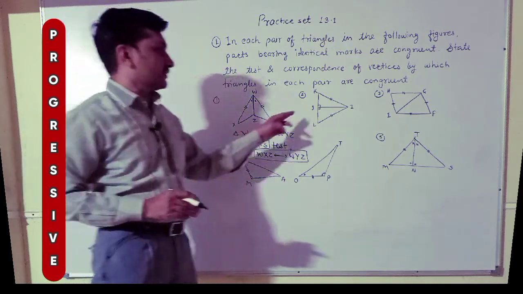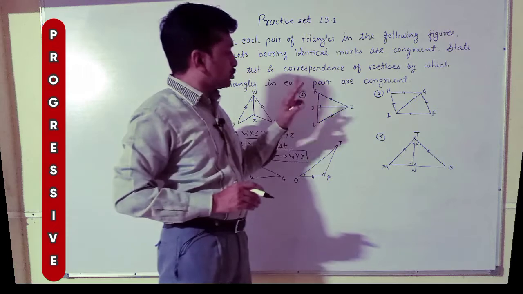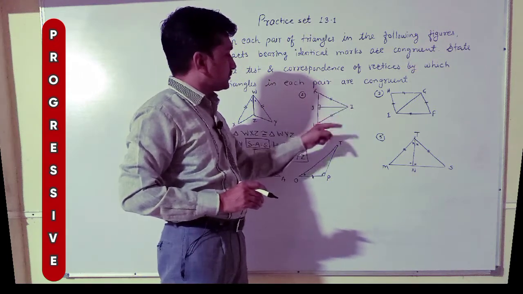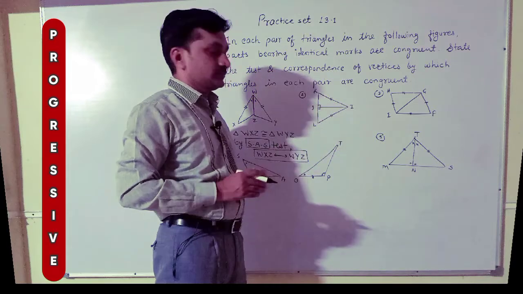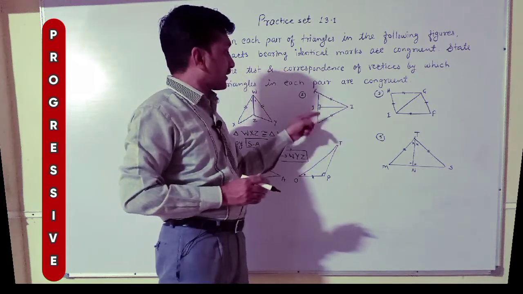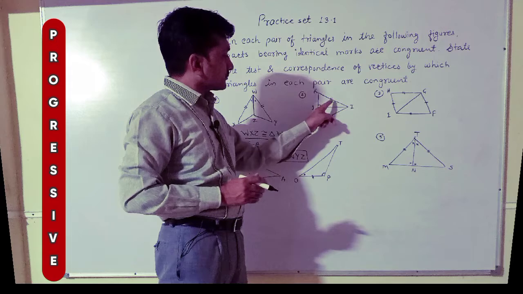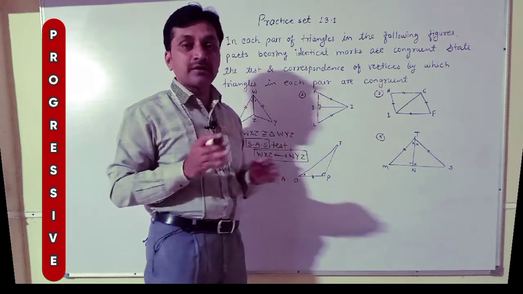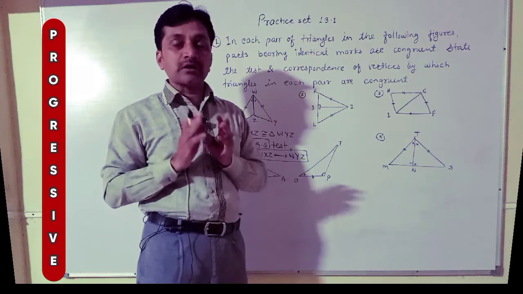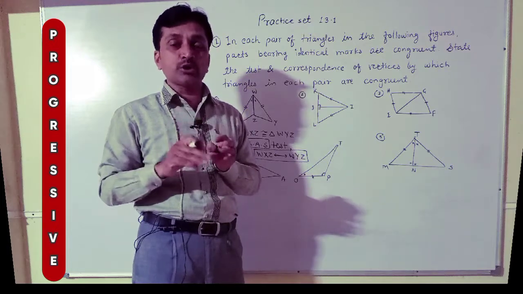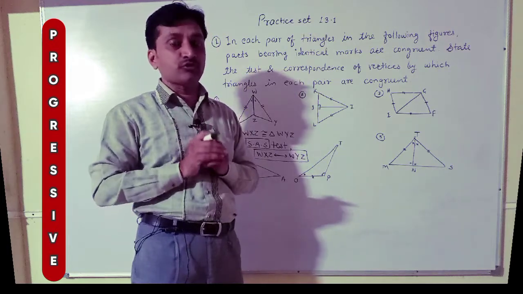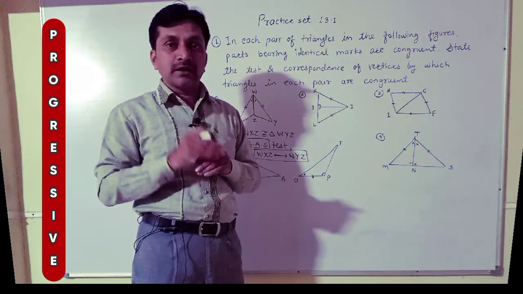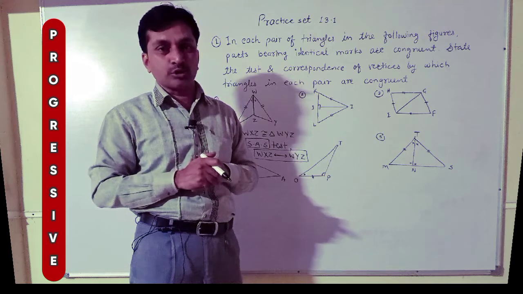Okay, now let's see the second. Here are two triangles. Which two triangles are given here? IJK, IJL. Now in these two triangles you see here, here is 90 degree, here is 90 degree, both are right angle triangles. If both are right angle triangles, then there is possibility of hypotenuse side test, but for that hypotenuses of both should be congruent and any one of the sides should be congruent.